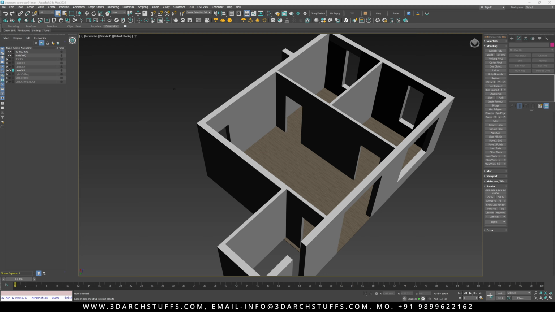you can quickly add furniture to any scene in 3ds Max, the fastest and most efficient way possible. So you want to add furniture in a scene and you want to get it done very fast and efficiently, and you have thousands of models lying on your hard drive, which is very time consuming and very difficult to find a specific model across all the models present in your library. So you want to make this process fast and efficient and add the furniture in your scene as fast as